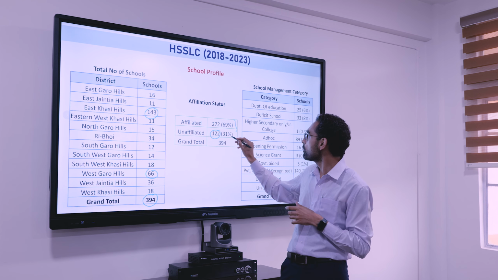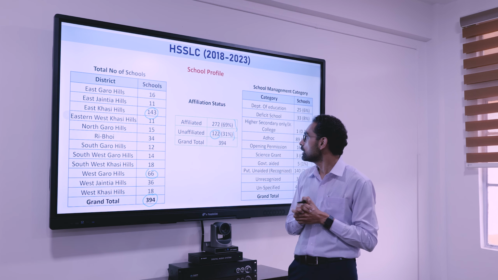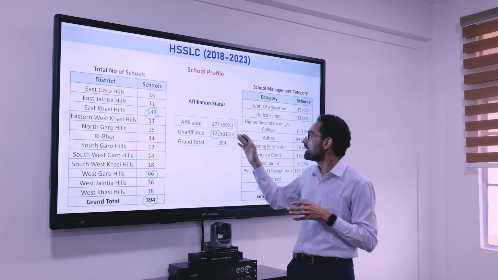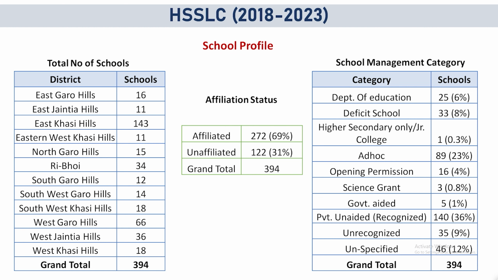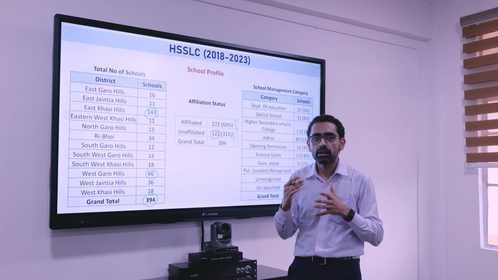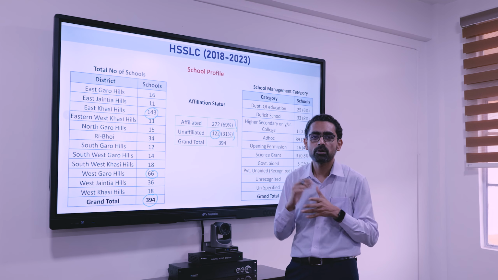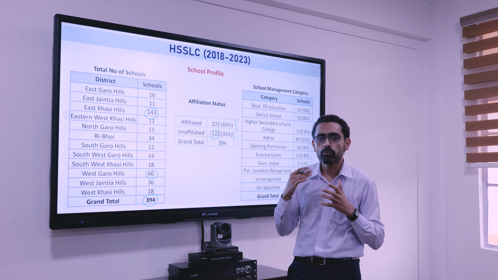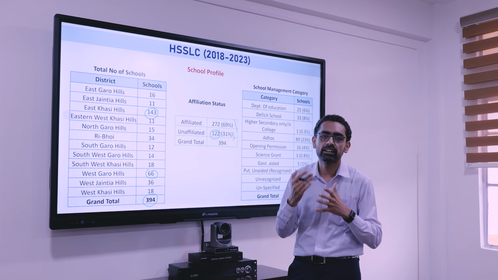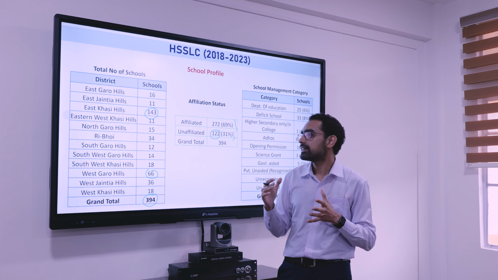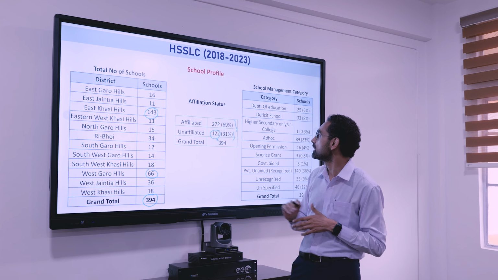So this is even more important here. And this percentage, although it's better than SSLC, we want to eliminate this also. So all these unaffiliated schools, I encourage them to take up the process, whatever paperwork is remaining. Approach the office of DSEL and also the office of MBOSE, and next year let's reduce this number to